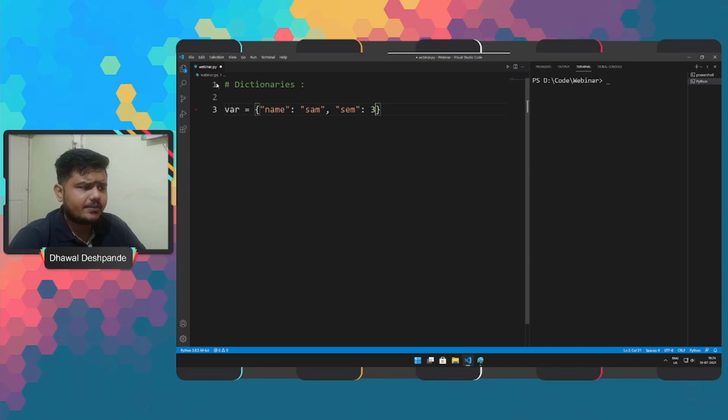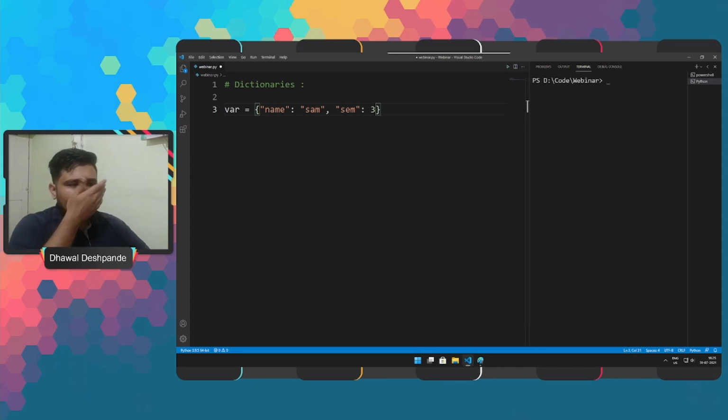He is in third Sem, and so on. So this is the basic structure in how we provide or store data in dictionary. As we have already discussed, I will reiterate, the data that is stored in a variable as a dictionary comes in pairs, right? And the first value is the key. Here name is the key and the value is the actual name, that is Sam in our example,